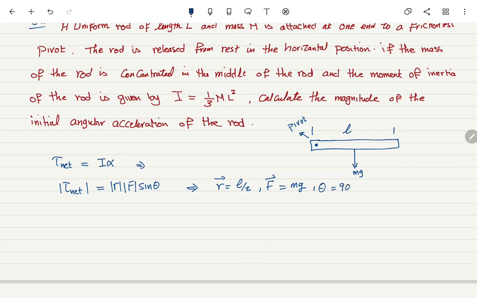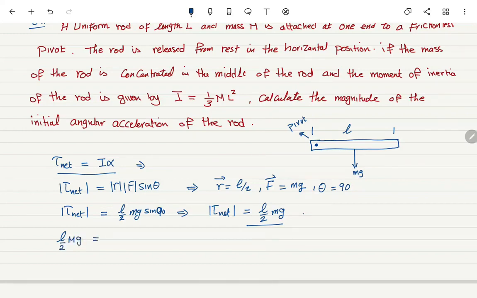You substitute this back in, and you will find the net torque equal to L over 2 mg sine 90, which is 1, so the net torque is equal to L over 2 mg. You substitute this back in the equation, so L over 2 mg